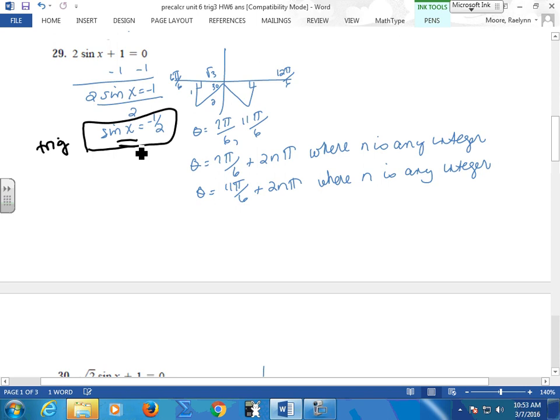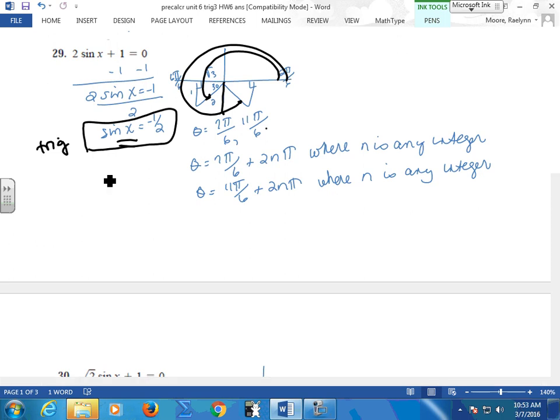What angle has a sine of -1/2? So we say sine is y. Wherever y is negative, we drop 2 triangles. And we know that it's this guy, which is 7 pi over 6, and this guy, which is 11 pi over 6. Now, because we said sine is negative in 3 and 4,